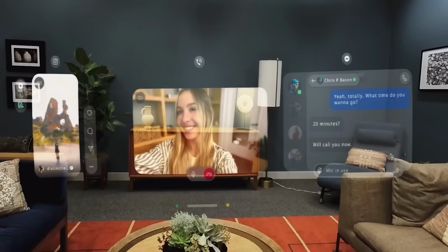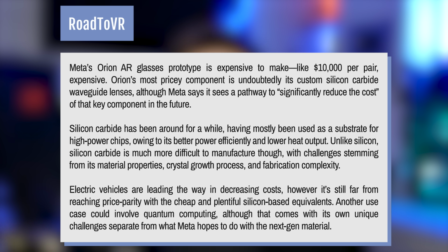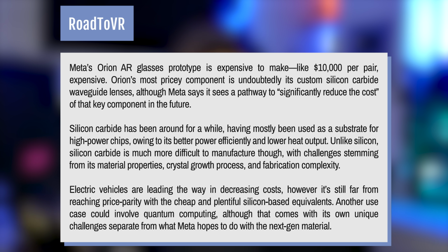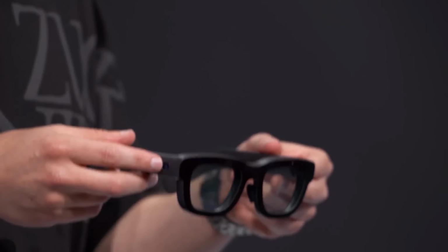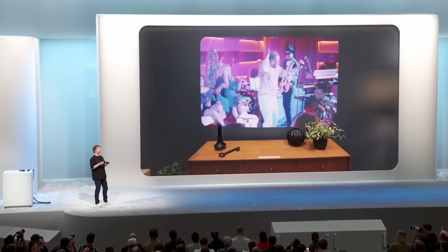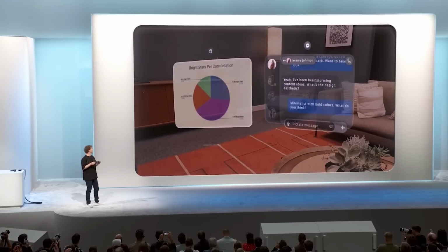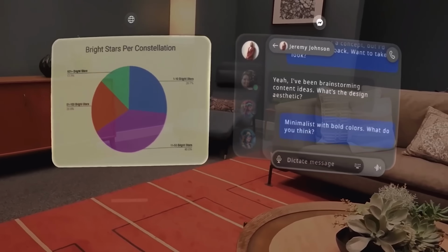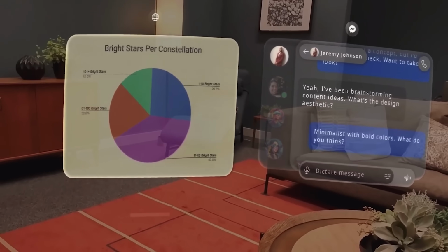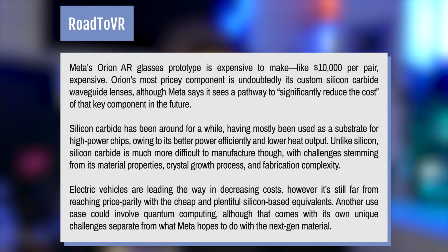So, reading from Road to VR, Meta's Orion AR glasses prototype is expensive to make, like $10,000 per pair. Orion's most pricey component is undoubtedly its custom silicon carbide waveguide lenses, although Meta says it sees a pathway to significantly reduce the cost of that key component in the future. Silicon carbide has actually been around for a while, having mostly been used as a substrate for high-power chips, owing to its better power efficiency and lower heat output. Silicon carbide is much more difficult to manufacture though, with challenges stemming from its material properties, crystal growth process,